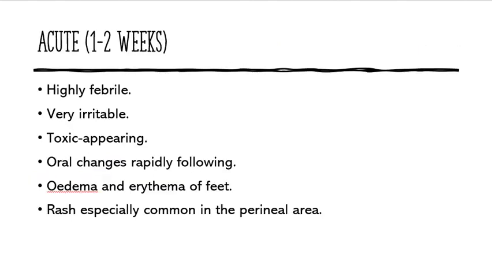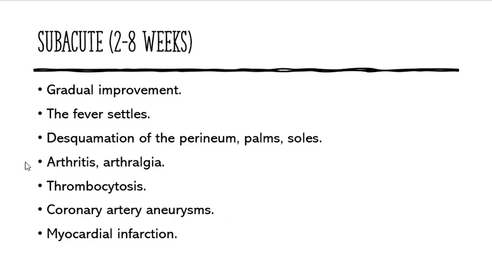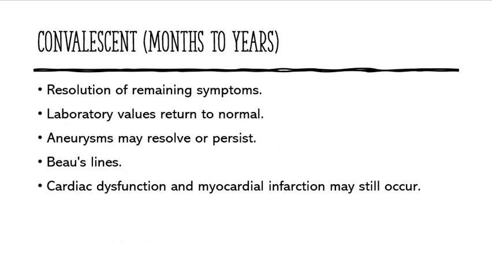So this is just an overview of the acute symptoms that you will see, and these are the subacute symptoms that you see, and this is where most of the dangerous period is actually, because you get thrombocytosis, and you get all of the coronary artery aneurysm, MIs, all of the problems start to occur in the 2 to 8 week period. So this is why it's important between the 5 to 14-day period that we should find out if they have Kawasaki or not, because we can potentially save a person from dying.